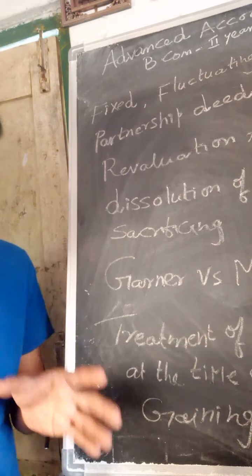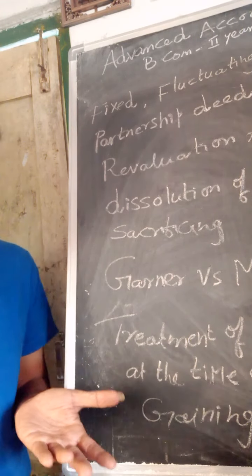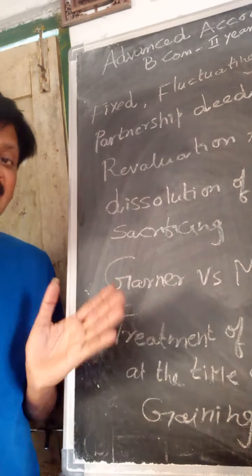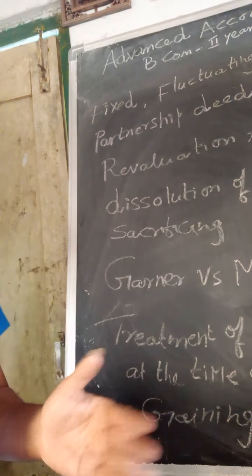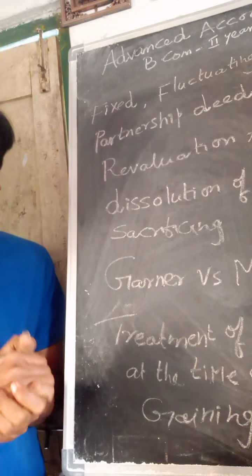Then at the time of retirement of partner also, my dear students, we are not going to create any goodwill at that time. Whatever amount we are giving to the retiring partner, that will be borne by the remaining partners somehow. So these are some theory questions in unit number 1 and unit